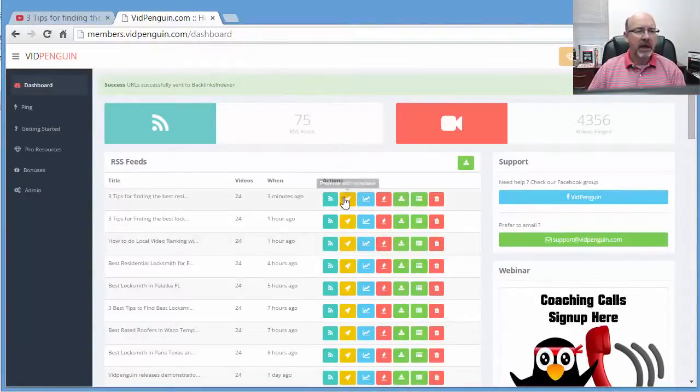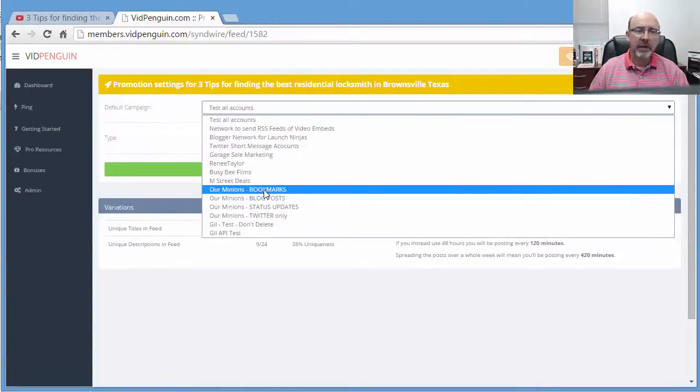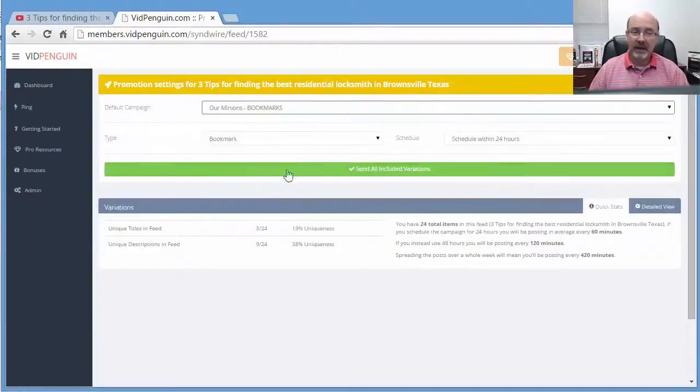So anyway, now here's the real power with this, is the SendWire integration. If you are a SendWire user, or you know somebody that has a SendWire account that will let you borrow it, this is where the real power comes in. Okay, with SendWire, you send it out to 24 different variations. You have your 22 that we've generated, and you have your 2 shorteners. So what I'm going to do is I'm going to send it out as bookmarks, and I have a team of minions that I've created in SendWire, and I'll schedule it for the next 24 hours. 24 hours is kind of a good natural